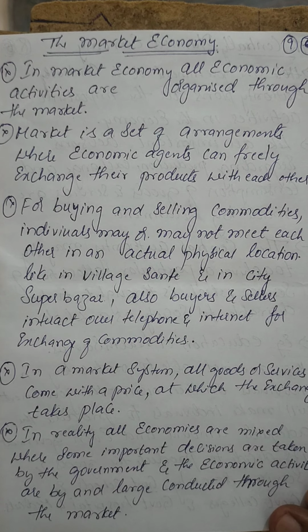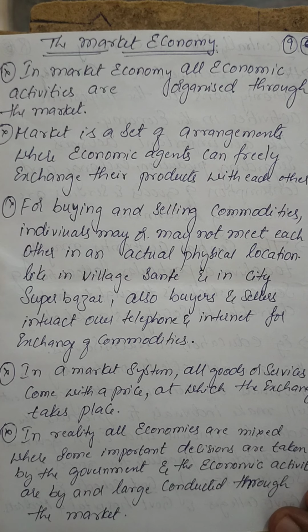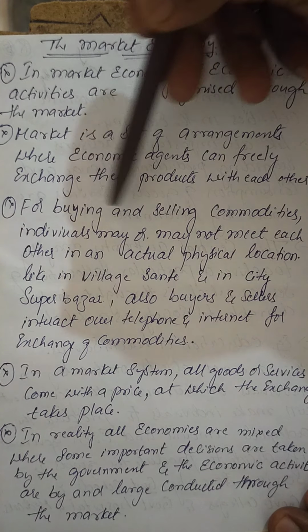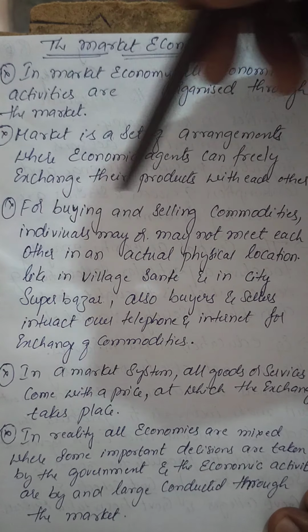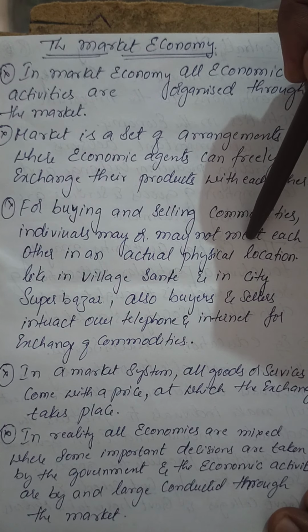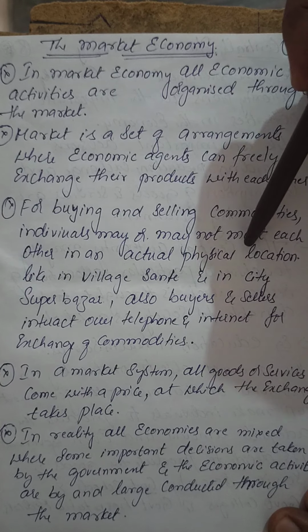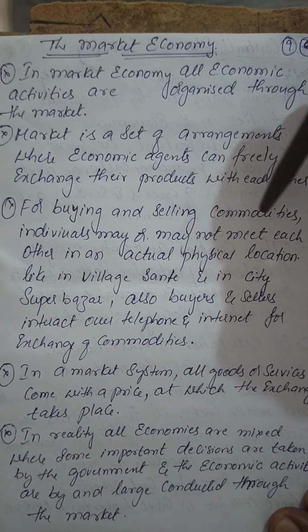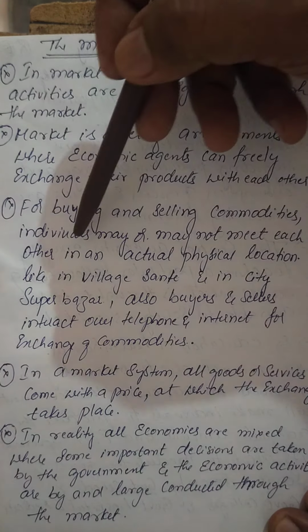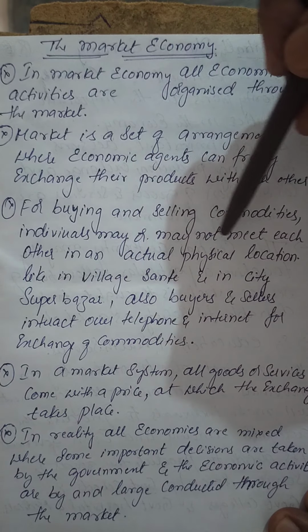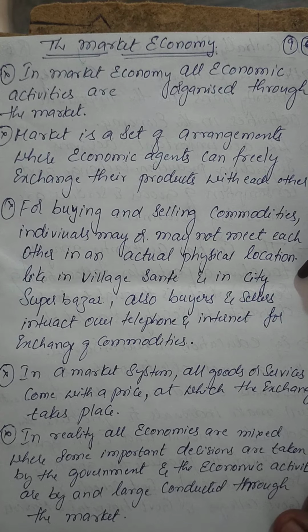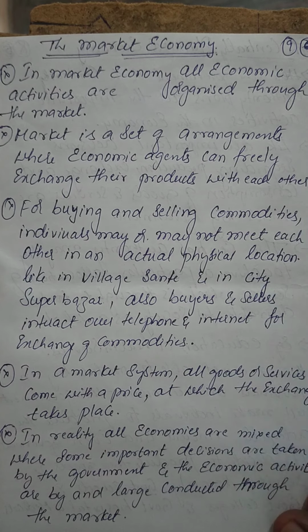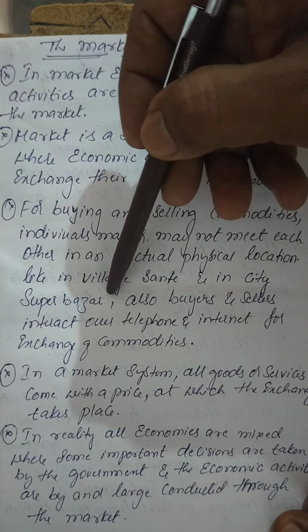You should observe every single aspect of the points here for buying and selling commodities. Here, individuals are ready to buy the goods and the seller is ready to sell the goods. So in buying and selling of commodities, individuals may or may not meet each other. That means how? For example, if you consider a super bazaar, we have given here,